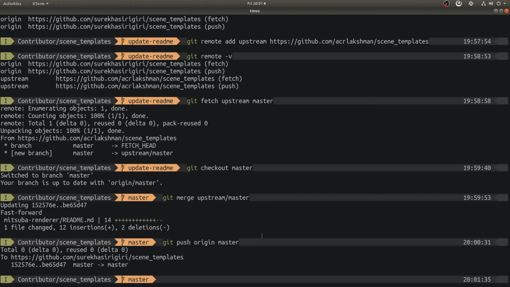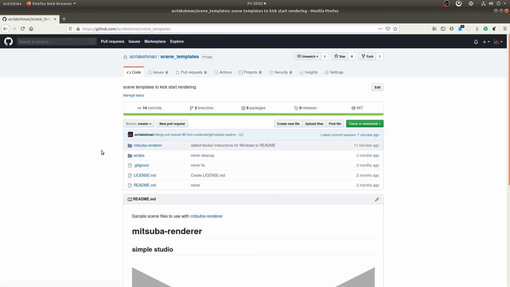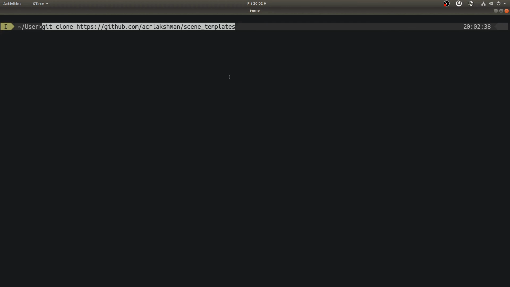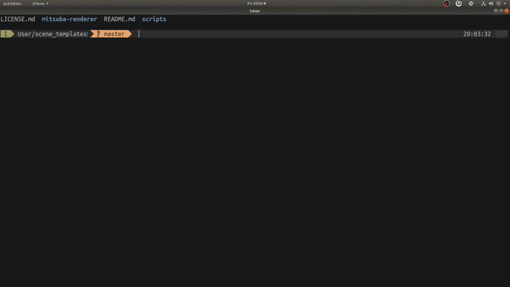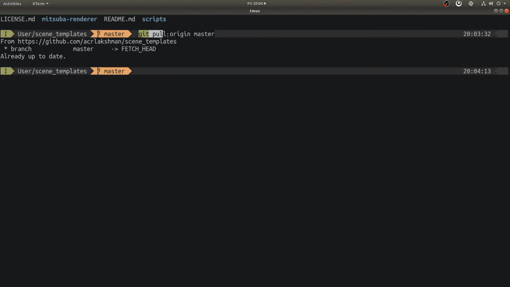We will see one final scenario where you want to act as a user of this repository but not as a developer, for which you need not do any of these steps. You can clone directly from this repo and keep your local repository up to date. Let me also show that quickly. I am a user now. All I have to do is to clone the repository using this command. After cloning this repository, whenever I want to update it, I just need to run git pull command. Like this. This command will update my local master branch with the changes from this remote repository.